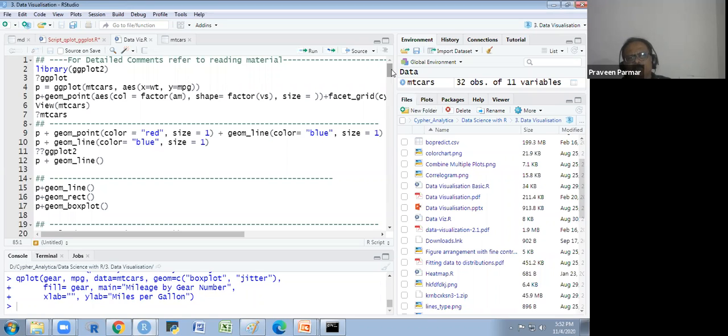First we create a platform, then we put one geometry, then another geometry, then another geometry. So layer by layer, we put something: in the first layer, the second layer and the third layer. In this way we do the work in the ggplot function, not in qplot. In qplot we are doing everything in the same call.